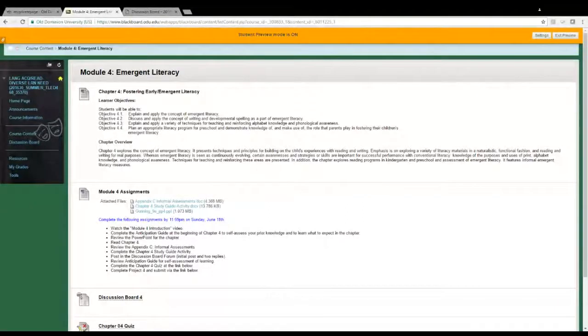Welcome to Module 4, where we will be focusing on fostering early and emergent literacy. Let's go ahead and pop into the Blackboard site. Okay, in the folder for Module 4, it should look very similar to the ones before, but you can see